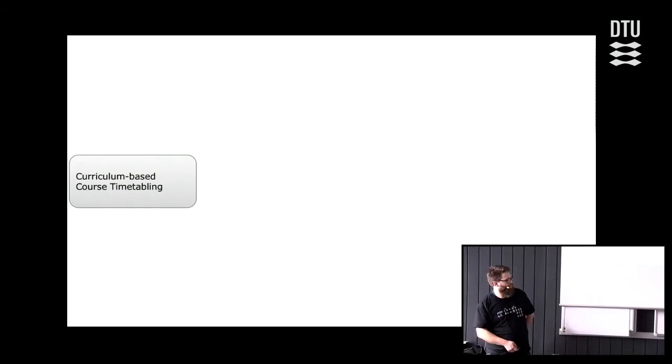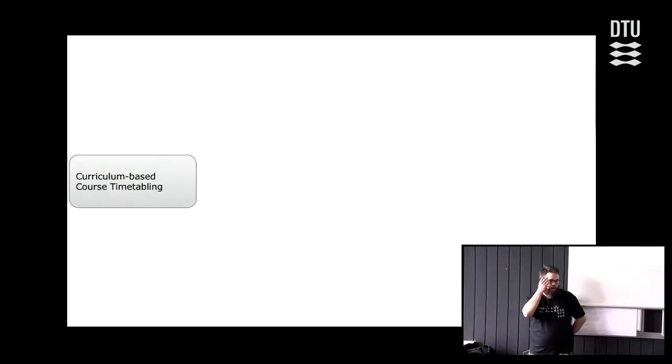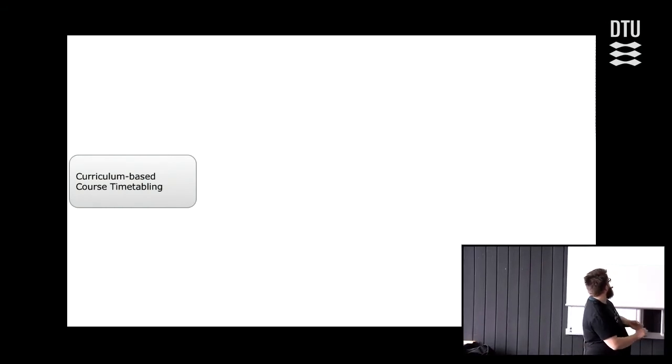Yep. So let's look at the curriculum based course timetabling problem. When we formulate these mixed integer programming models, what is very intuitive and common to do is to have a binary variable for each course and each period and each room. So the number of binary variables in your model is going to be the number of courses times the number of periods times the number of rooms. And it becomes difficult to solve. So a very frequent technique